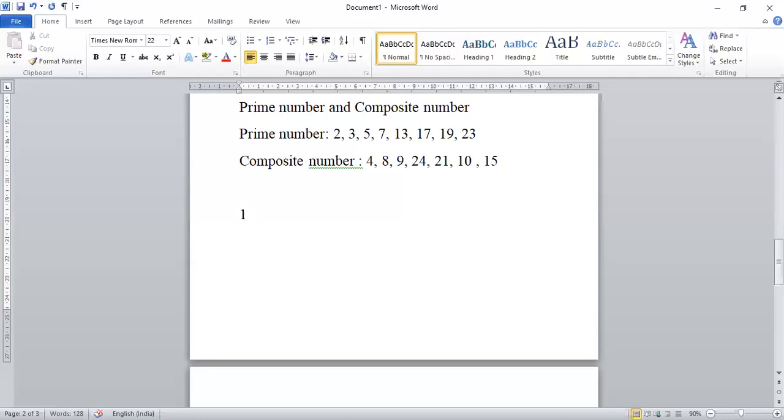Understood what is a prime number and composite number? After finishing Exercise 3.1, you have to complete Exercise 3.2. It's not very much about solving questions. It's just true or false and a little bit of odd and even numbers. So it's not too big a lengthy homework. Complete the homework in your notebook in a neat and clean manner.